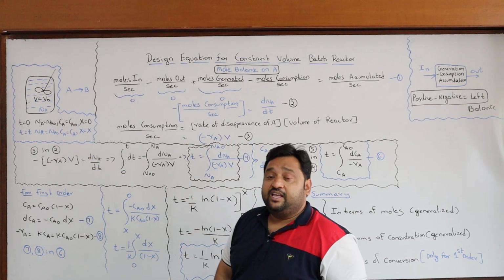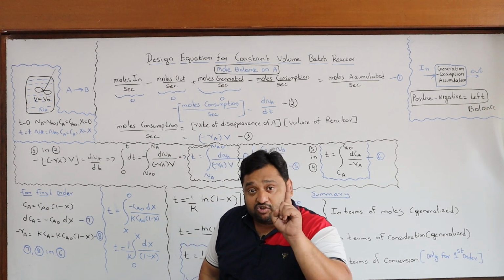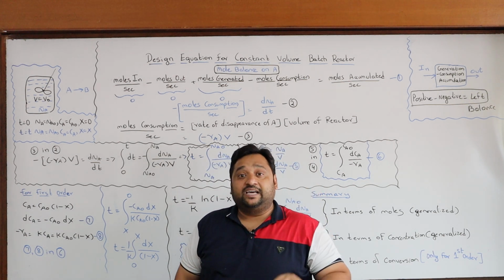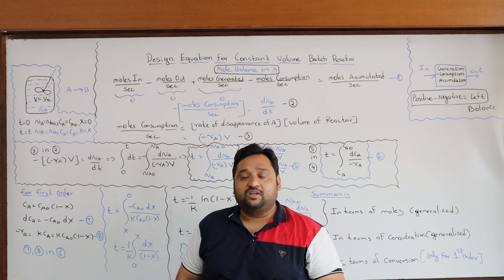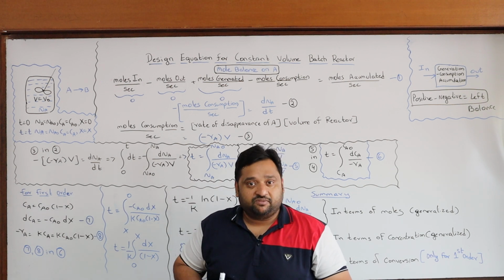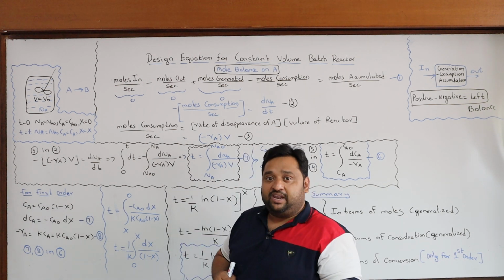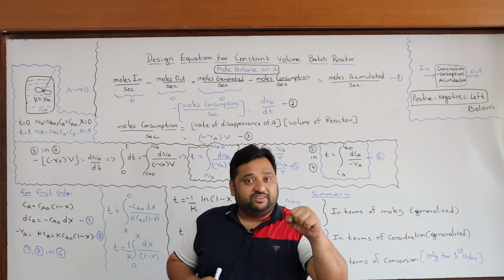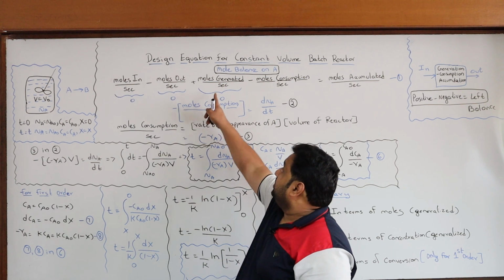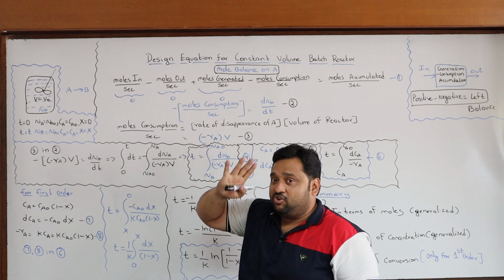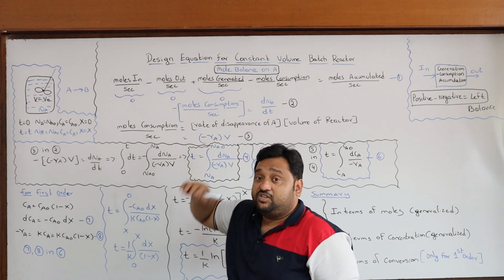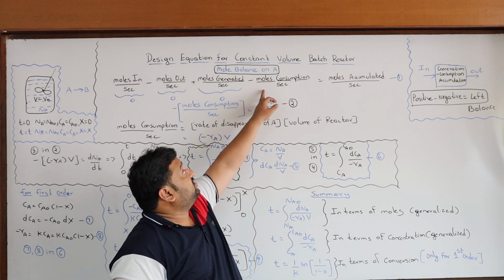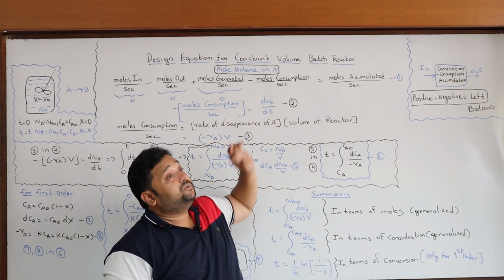Moles generated, I am talking about the mole balance of A. A is my reactant. Reactant is always getting consumed. It will not be generated because of the reaction. Because A is my reactant, for example B is my product. Always the A is getting reacted. So the generation of A is 0. That means first 3 terms are 0. What remains is moles accumulation per second and consumption per second. Of course,